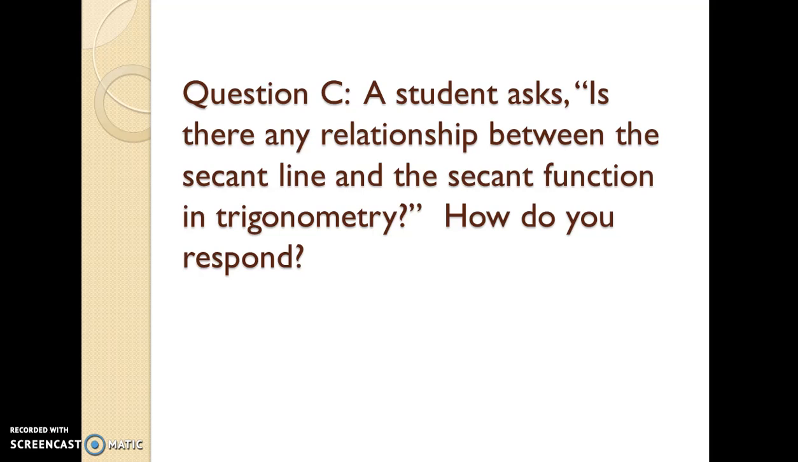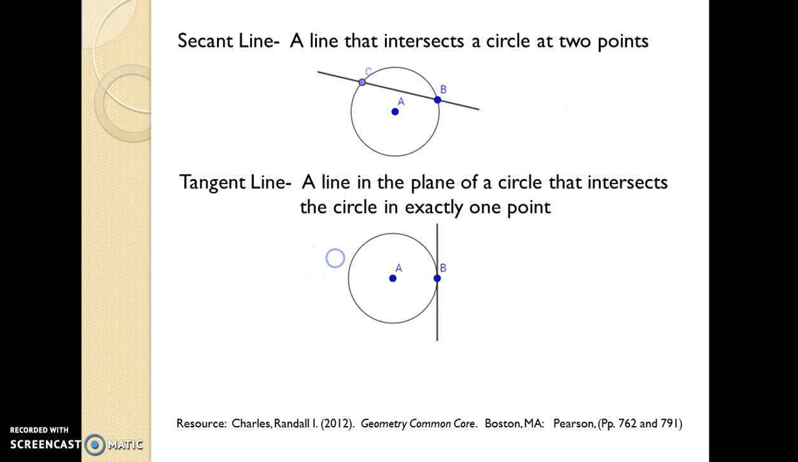Well, my response to this would be, yes, we can establish a relationship between the secant line and the secant function. To do this, what I wanted to do was review some definitions and terminology with the student. So assuming this is a high school student, I used our high school geometry textbook, Geometry Common Core, for these definitions. The way that this textbook defines secant line, it defines it as a line that intersects a circle